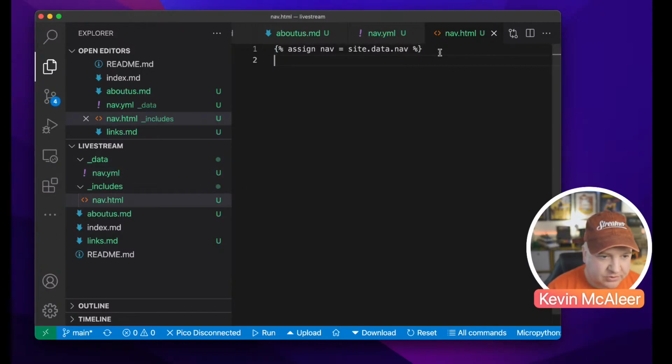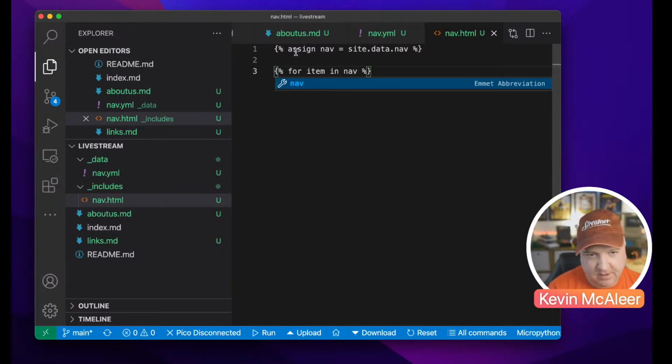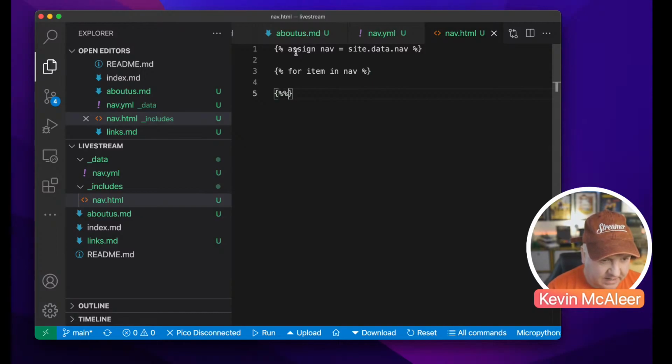And then the next thing we're going to do is use a for loop. So again, we have to use these little tags that tell Jekyll that this is something it needs to execute rather than just render. So this says for item in nav, so for each navigation element in nav, and then after we've done that, I always do it at the same time, just so we close the loop, we have an endfor. That's something that's kind of unique to this language. And then what we can do in there is say,